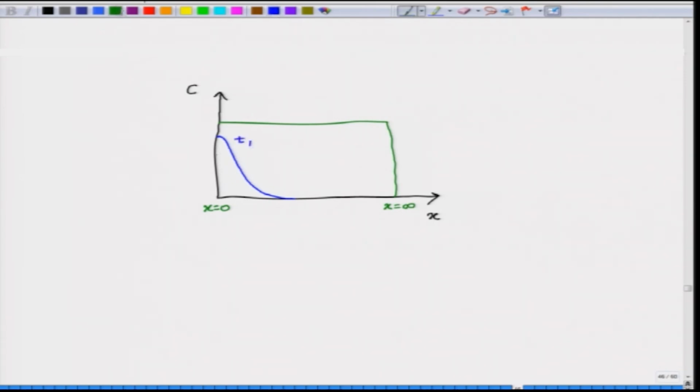As the time progresses, the diffusion spreads into the material, and obviously the concentration on the surface will keep dropping. This is how the C versus X plots will look like for this instantaneous planar source solution. Now, let us look at